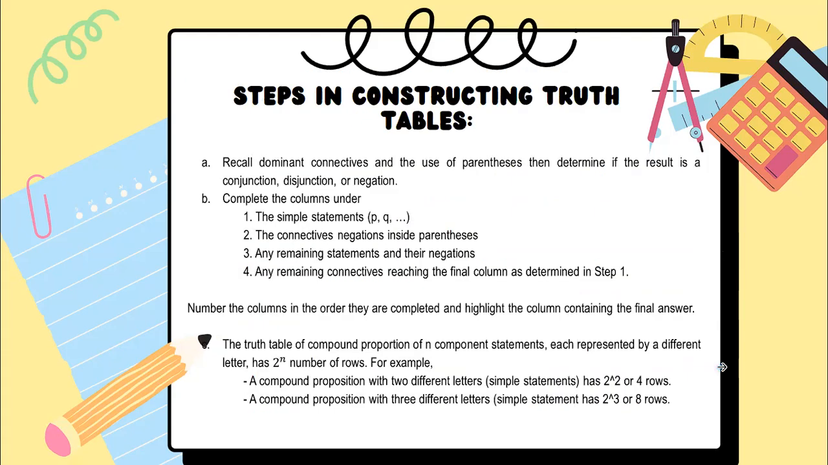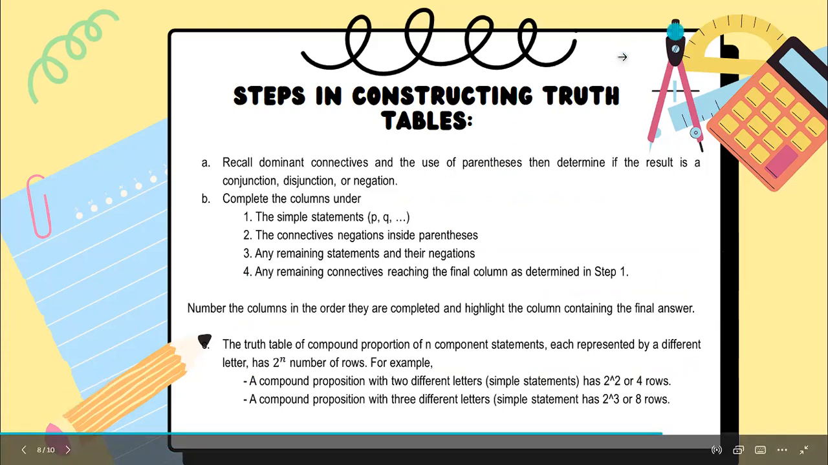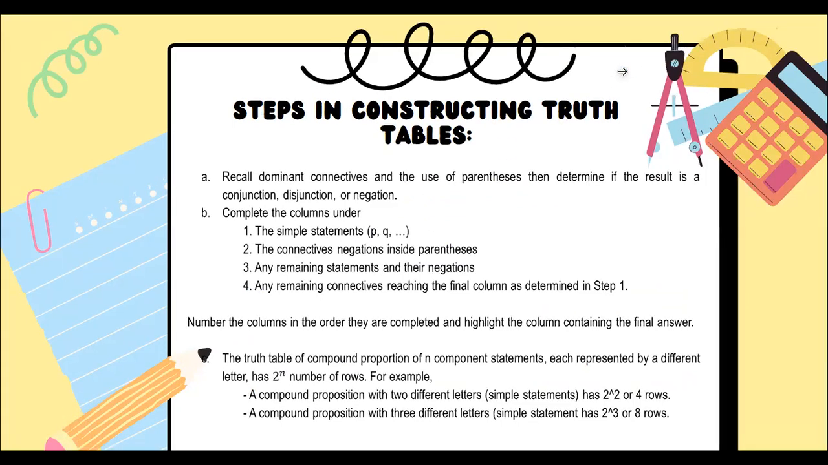Now, in constructing truth tables, there are steps that we need to follow. First, recall dominant connectives and the use of parentheses, then determine if the result is a conjunction, disjunction, or negation. Okay? Sa dominant connectives natin, tandaan nyo po, meron tayong ginagamit na ranking from strongest connectives up to weakest connectives. So, ano-ano ba yung mga yon? Okay? So, tandaan nyo po, ang strongest natin sa ating logical connectives ay